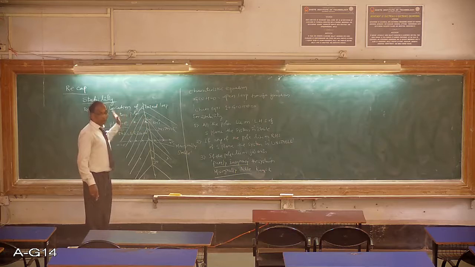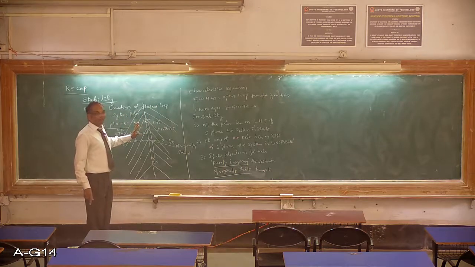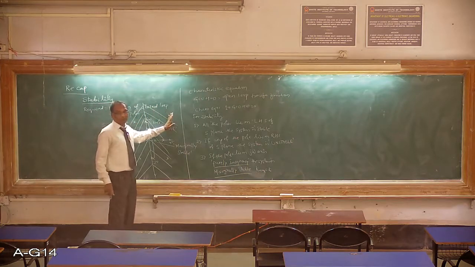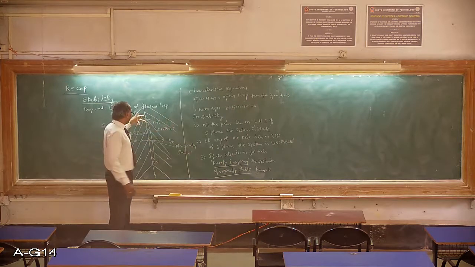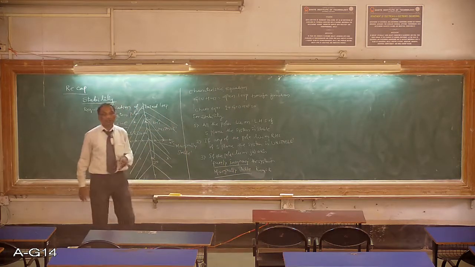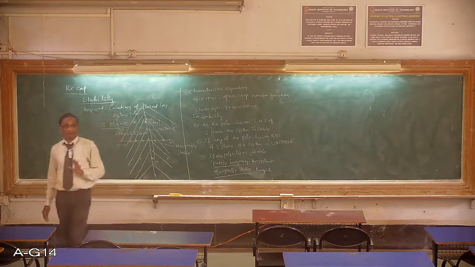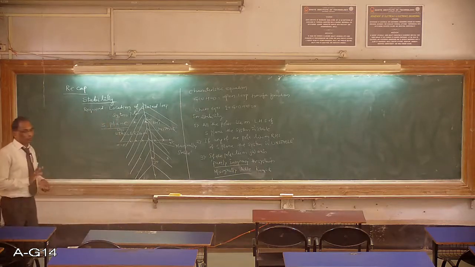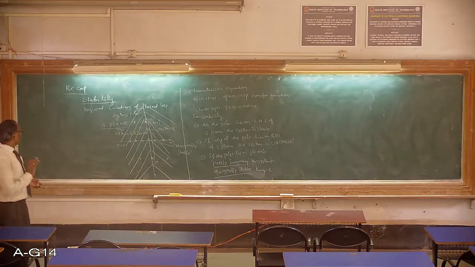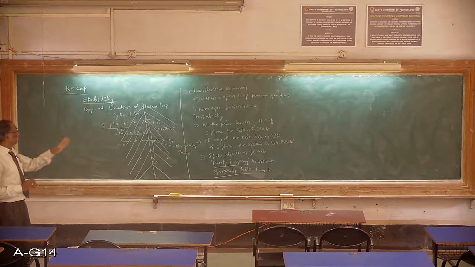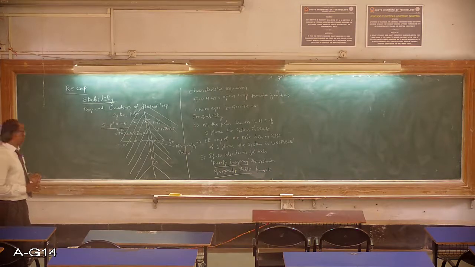If they are lying in the left half of the S-plane, the system is stable. If one of the roots lies in the right half of the S-plane, the system is unstable. If a few roots are lying on the j omega axis, the system is marginally stable. I want to know only where the poles are lying, not the location of the poles, whether they are on the left half of the S-plane, or whether they are lying on the j omega axis.